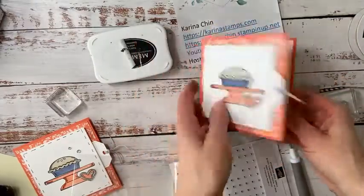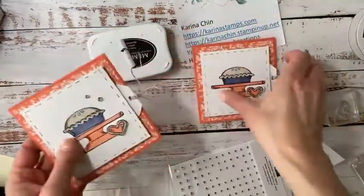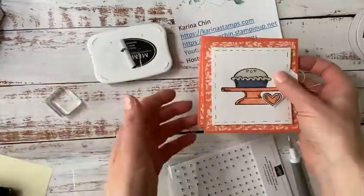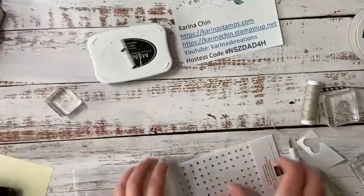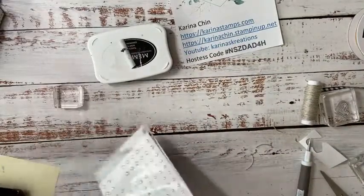And then you can stamp something on the inside. I did this with some leftover designer series paper cut over. So that's the second one. I'll tuck it under the way, and then I'll show you this PDF tutorial. So the PDF tutorial,